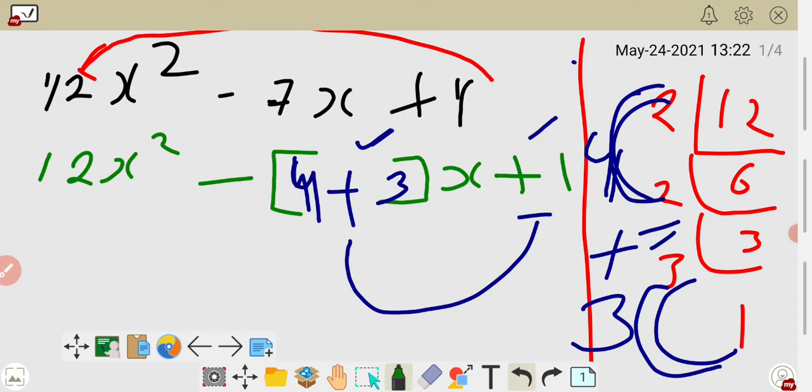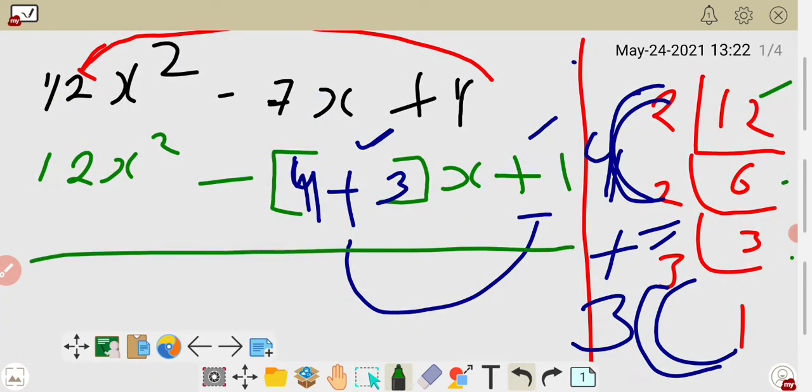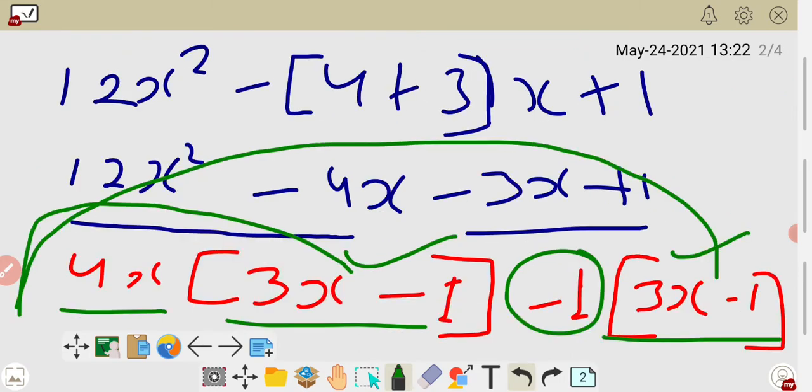I am going to explain the steps here. 12 ones are 12, just do the factor roughly. Write the same question as it is, leave the middle term, and put the last sign inside. Now arrange the factors in such a way that, with the help of this sign, you get the middle term. Now when you get it, just open the bracket.